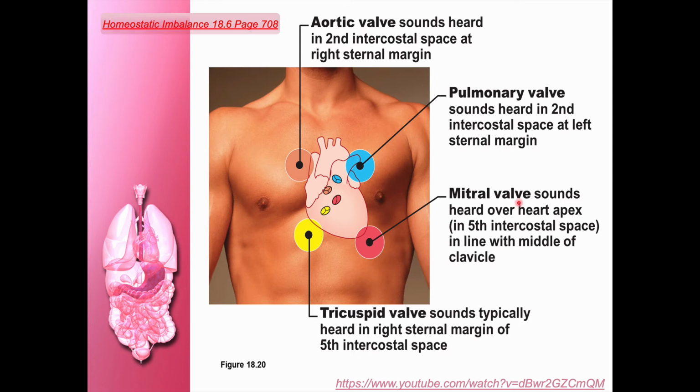Okay, so when you want to hear the heart sound, just wherever the shirt pocket is, that is the location of the heart. The aortic valve sound is heard on the right side, the tricuspid valve sound is heard on the right side, whereas the pulmonary valve sound is heard on the left side, and the mitral sound is heard at the apex of the heart. These are all the places where you have to place the stethoscope and hear the heart sounds.